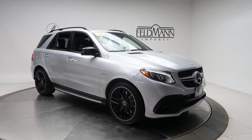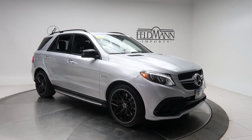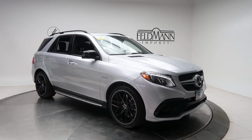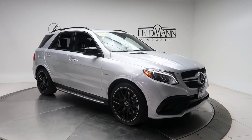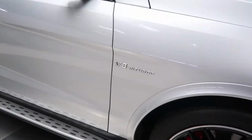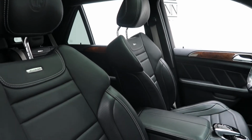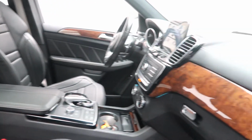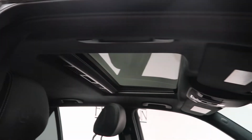This one does have an illuminated start on the grille, active curve illumination headlights, front and rear LED daytime running lights, 21-inch black AMG wheels, brushed aluminum running boards, V8 bi-turbo badging on the side, black exclusive Napa leather interior with gray stitching, a burl walnut wood trim, sunroof,